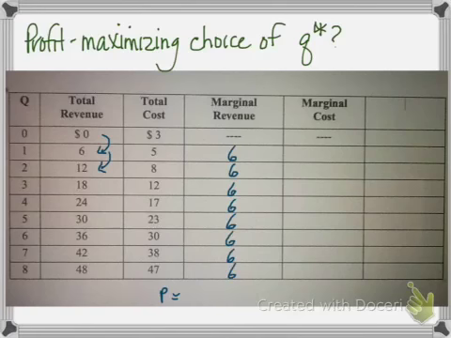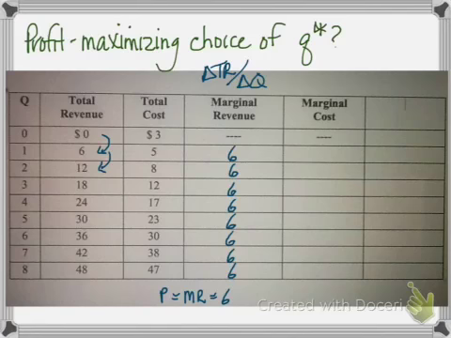And so marginal revenue is equal to the change in the total revenue over the change in the quantity, sort of parallel to how marginal cost is computed. Notice that total revenue is always going up by $6, from $6 to $12 to $18, and that's because a firm takes the price as given. No matter how many units it brings to the market, it can always sell all of them at the going market price. So the marginal revenue is always, in this case, $6, whether it brings 3 units to the market